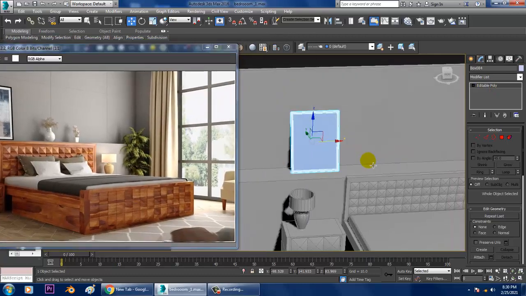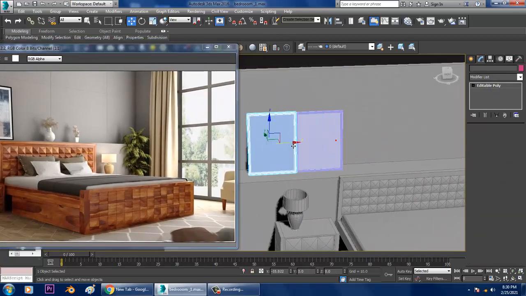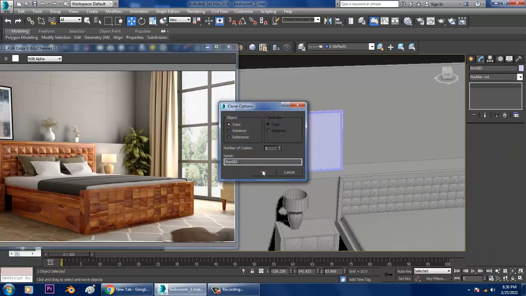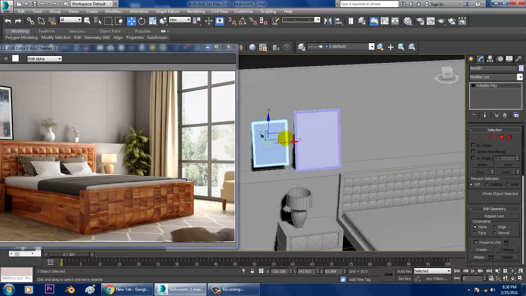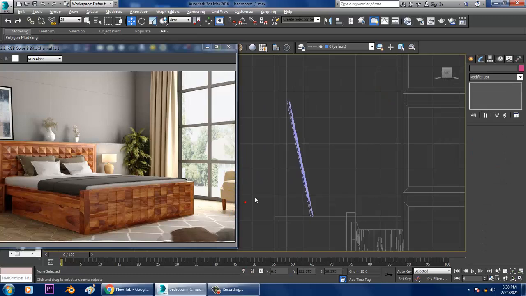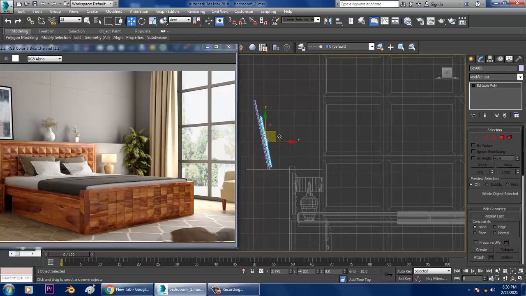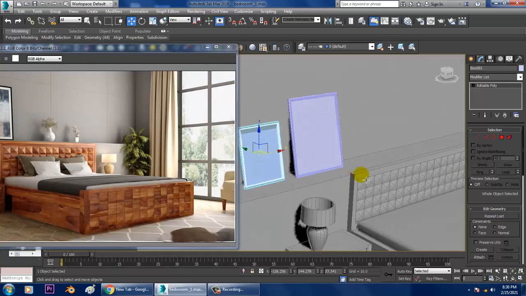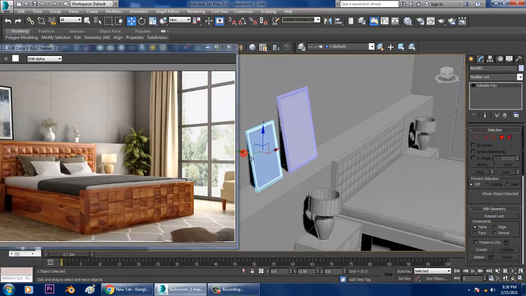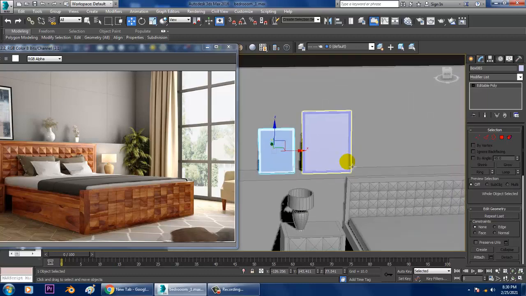You can make one more copy of it. Just resize that. Then select the smaller one and keep it in this way. Slightly drag that down.